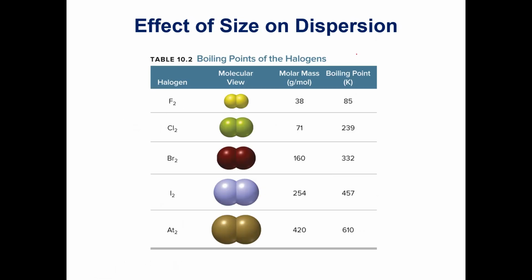So if we look at molecules in terms of size, if we look at something like fluorine, chlorine, bromine, iodine, so we go down the halogens, and we go up in terms of size, what we find is as we increase the molar mass, we increase the boiling point. Boiling point is very much affected by intermolecular forces, because the stronger the intermolecular force,